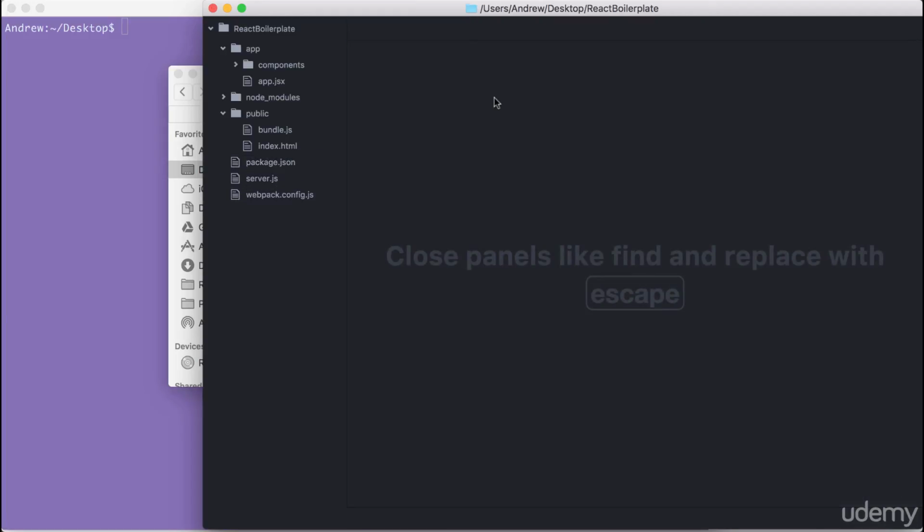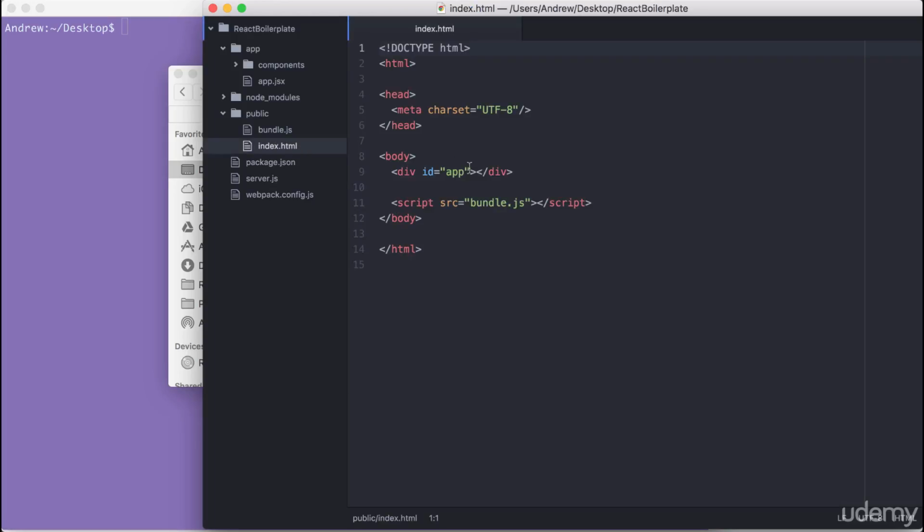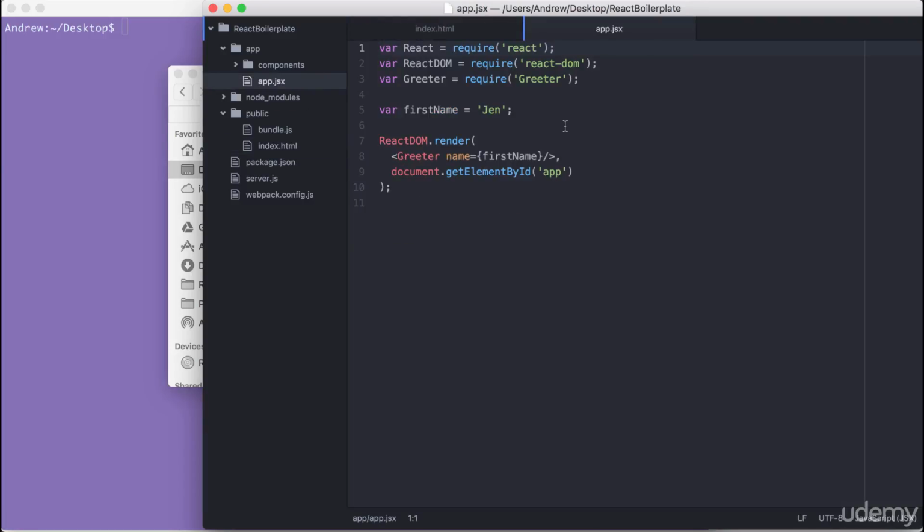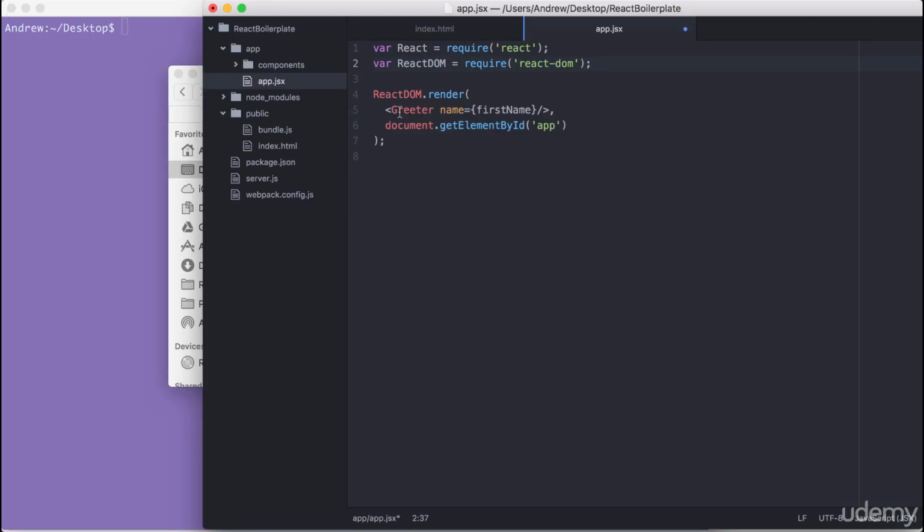Next up, inside of index.html, everything's pretty cleaned up. There's nothing specific to the greeter app. This is ready for boilerplate. Bundle.js can stay around for now since that's automatically generated. Inside of app.jsx, I'm going to remove the first name and greeter variables since they won't be needed in a boilerplate project. And instead of rendering the greeter component, I'm simply going to render an h1 that says boilerplate app. That's just going to make sure we can confirm that our boilerplate is still working,